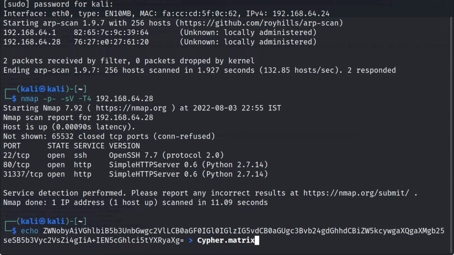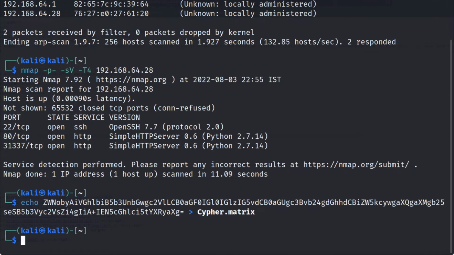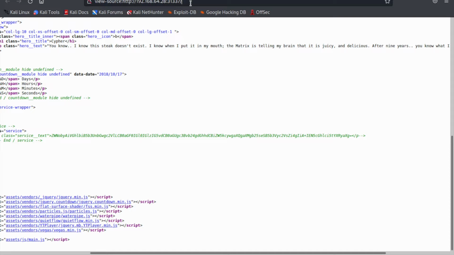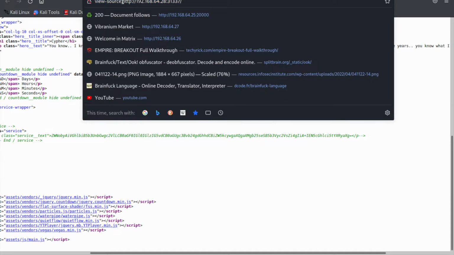So it is cipher.matrix, and then just give enter. I think this file already exists, so anyways let us give enter and let's do a list. So the cipher.matrix exists. So now what we can do is we can just go to the target website and